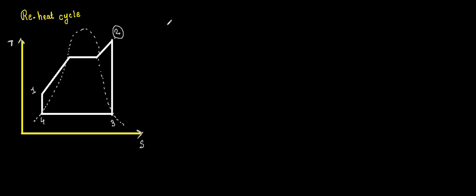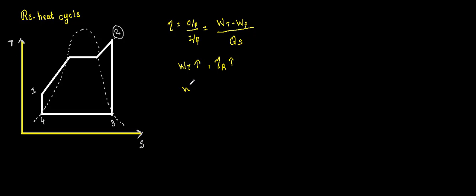So the equation of the efficiency is output divided by input. What is output? Output is equal to work done by the turbine minus work required by the pump, divided by heat supplied, which is the ultimate input. So if work done by the turbine increases, then the efficiency of the Rankine cycle is going to increase, because it is the numerator.